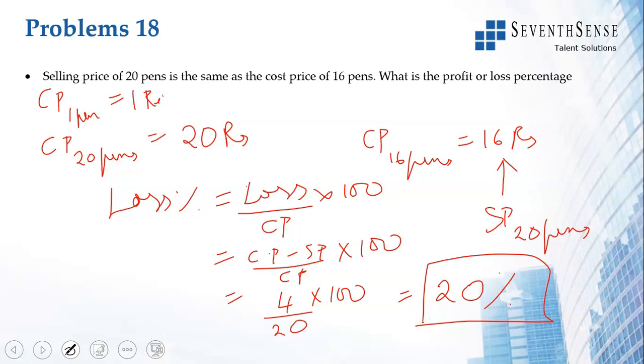Same thing in a different way. They have not given values, they have given how many pens are sold at what cost. The thing to remember here is to take the cost price as 1, and then you get the cost price of 16 pens as 16. The selling price of 20 pens is the same as the cost price of 16 pens. It should have been 20 for no profit, no loss. You have spent 20 rupees on 20 pens, and you are getting only 16 back. So there's a loss of 4 rupees. Loss percentage you always calculate on CP. We get 4 by 20, which is 20%.